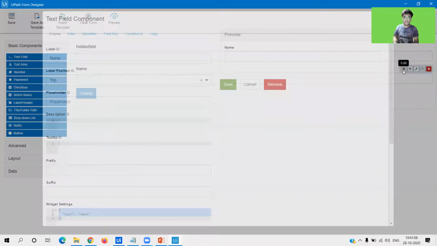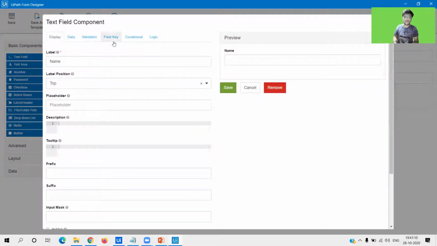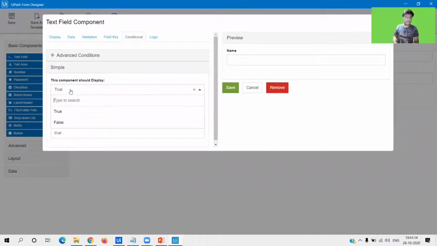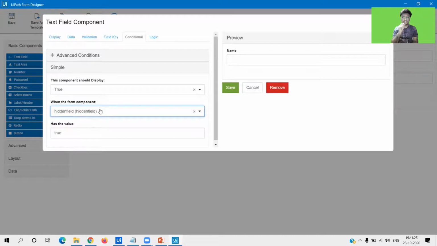And now in name, to show this field based on the value in that field, we have to give a condition. This component should display true when the form component hidden field has a value. So we are going to set one value from outside the form in this particular hidden field. That is going to be a boolean value which is going to be true.